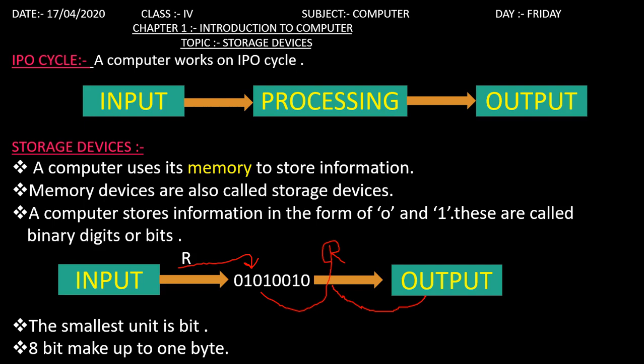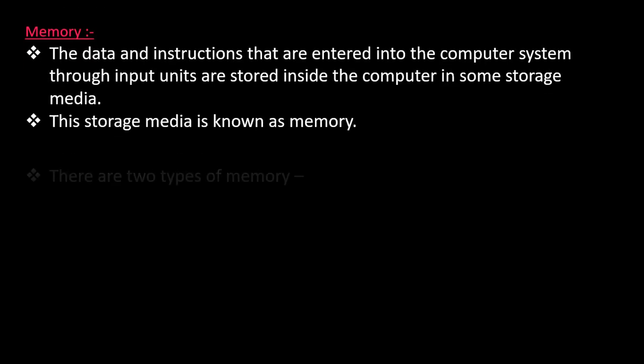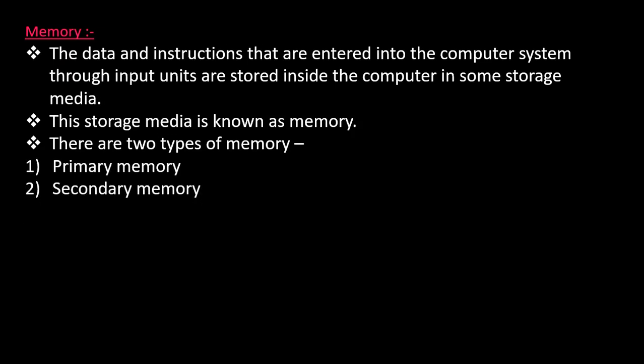Now let's learn about different sizes of memory. As we have different measuring units for different types of things, like for weight the standard unit is kilogram, and for liquid the standard unit is liter, we have units in the computer also to measure memory. The smallest memory unit is the bit. 8 bits make up 1 byte. R is a character whose binary form is 01010010. This is 8 bits, meaning 1 byte. So we can say one character is 1 byte.